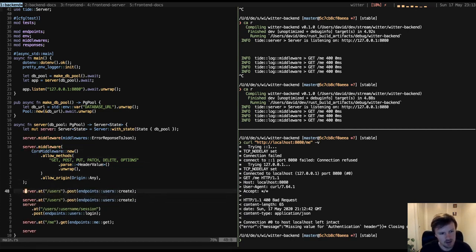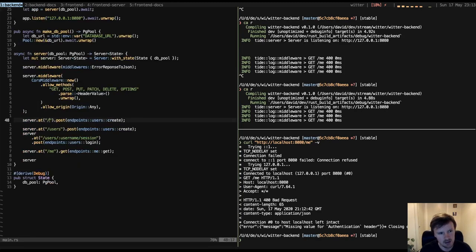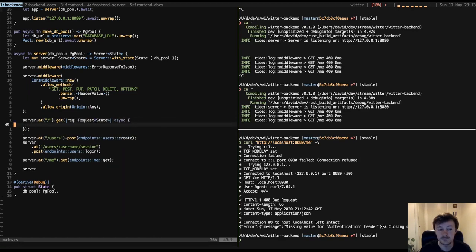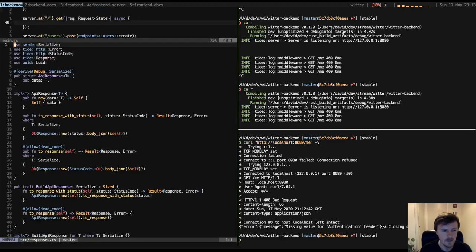What if we just make a dummy route that doesn't do anything fancy? At /get, async, we return